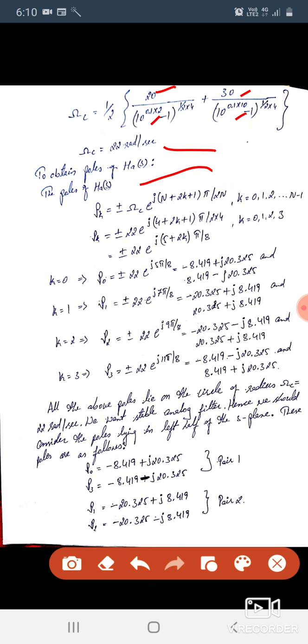For this we are going to solve for a Butterworth. Okay, what is the formula? Pk equals plus or minus omega c e power j (n plus 2k plus 1) pi divided by 2n. You have to use this. N we have taken as 4, k we don't know, we have to find that. Substitute for n, we know our omega c. If you substitute, you will be getting the result